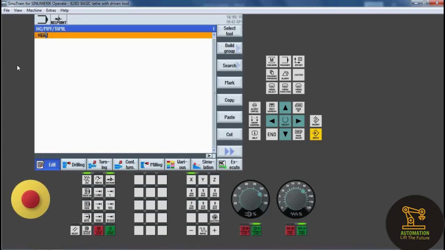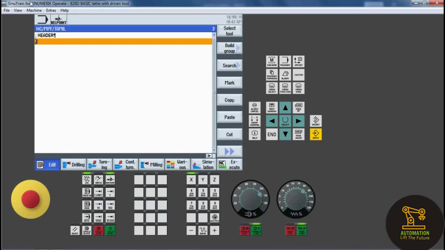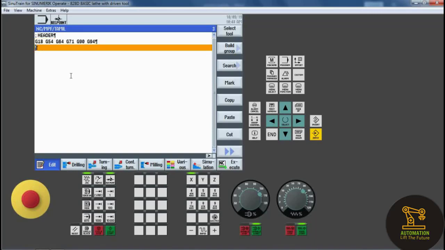Initially the main program file is created from the header, and next are the safety codes: G18, which is the XZ plane, then G54, G64, G71, G90 and G94. These are all our safety codes.